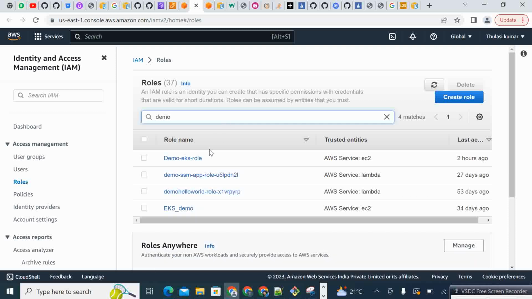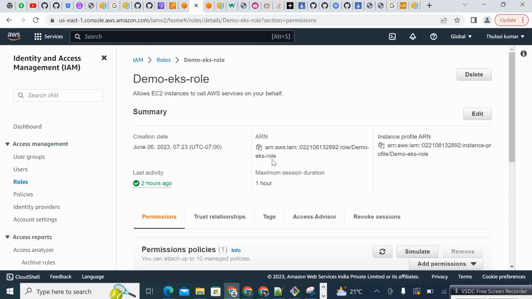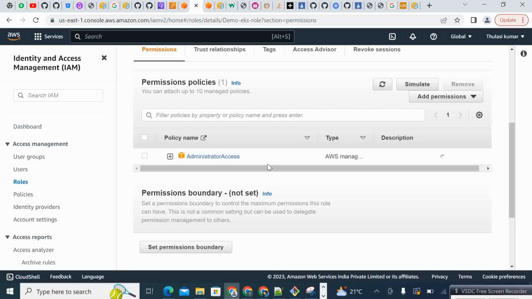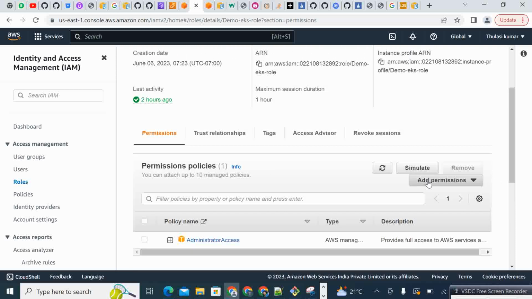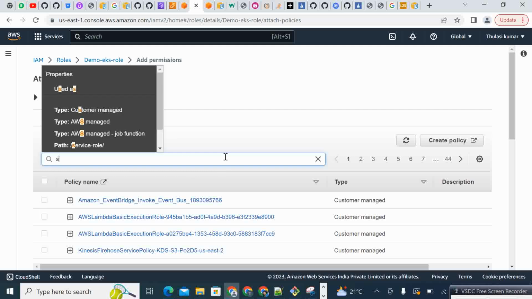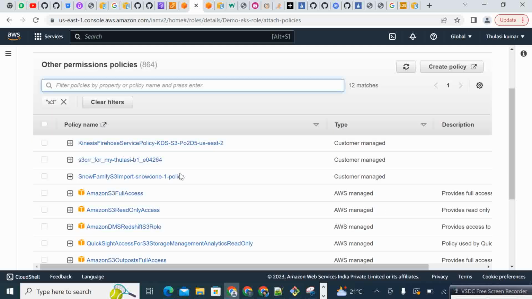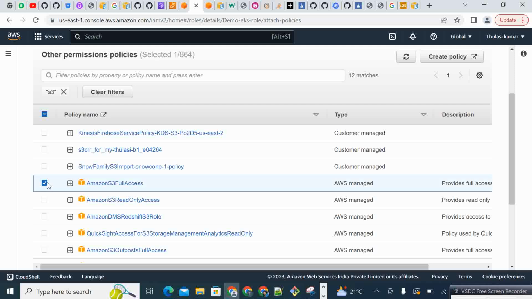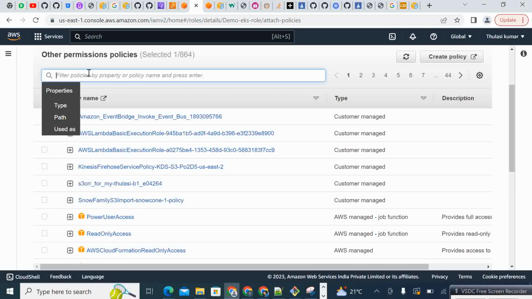Demo EKS role. Okay, I will use this directly. There is no issue. This already has administration permission. I will allow whatever I require. I require S3, read only should be sufficient. Okay, fine. Next is